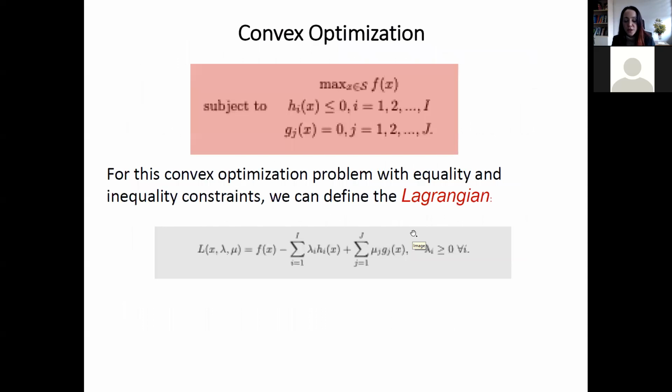All of the previous things that we discussed were about unconstrained maximization or minimization. So now what happens when there are constraints? At this point,